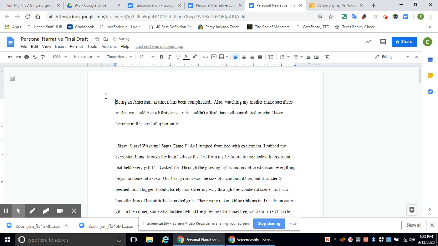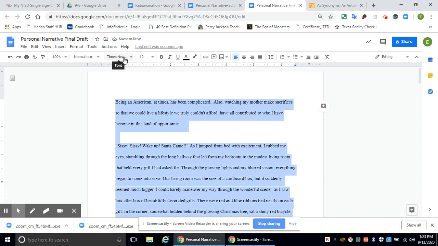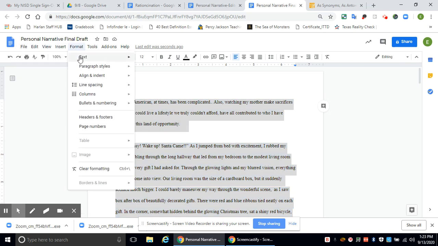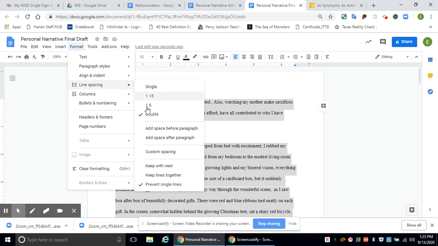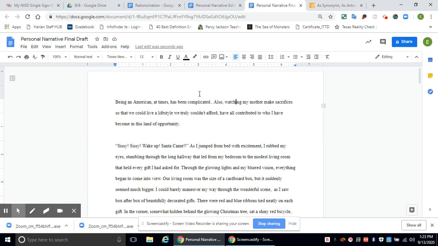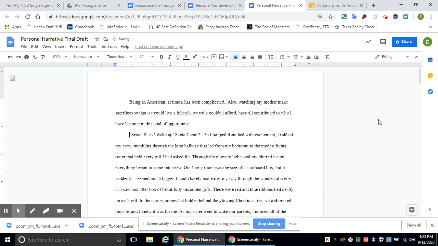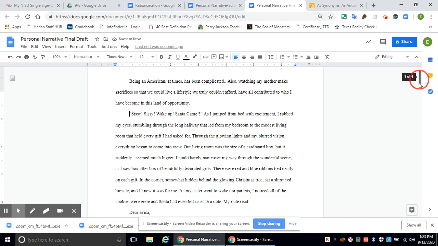So first thing in MLA is that you wanna Control A, make sure it's either Times or Arial 12, change the size and the font. Then you wanna come to change your formatting. So you wanna hit line spacing double, okay, and make sure that that is done. You also wanna make sure that all of your paragraphs are indented. So there, I'm just hitting the tab button. Also just gonna bring those up because I spaced too much.